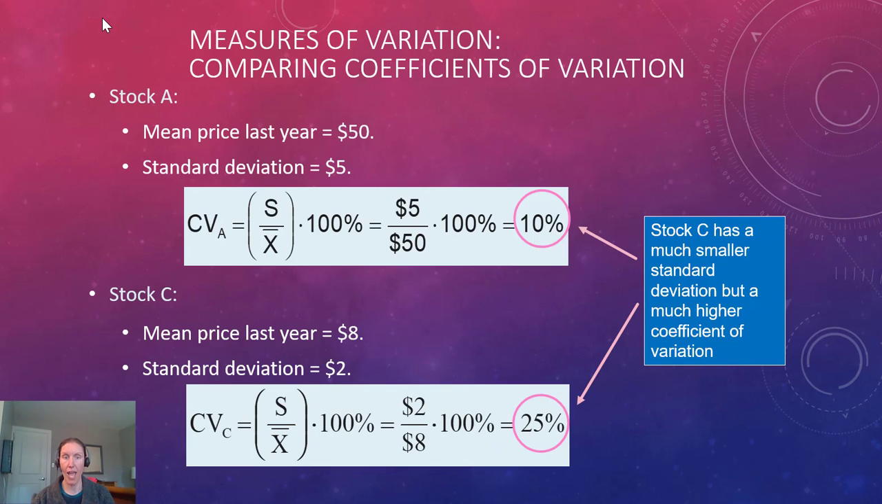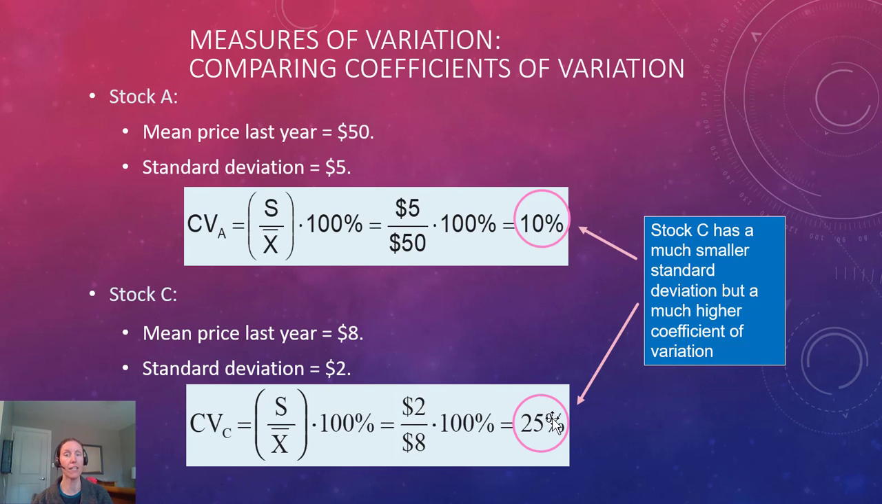Okay. And let's look at one last example for this video. Let's also look at a stock C. Note that it has a very different mean price than stock A. So its standard deviation is smaller for stock C, but so is its mean. So which one is more variable? Well, stock C is actually still much more variable. It has a $2 standard deviation, but compared to the $8 value of the stock, that puts us at 25%